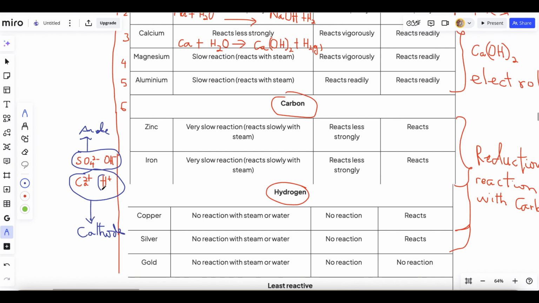So hydrogen will be the one that will migrate to the cathode to go and do whatever they want it to do there. Calcium, because it's higher, will not go. However, if you have hydrogen and silver, or hydrogen and copper, if you have copper ions and